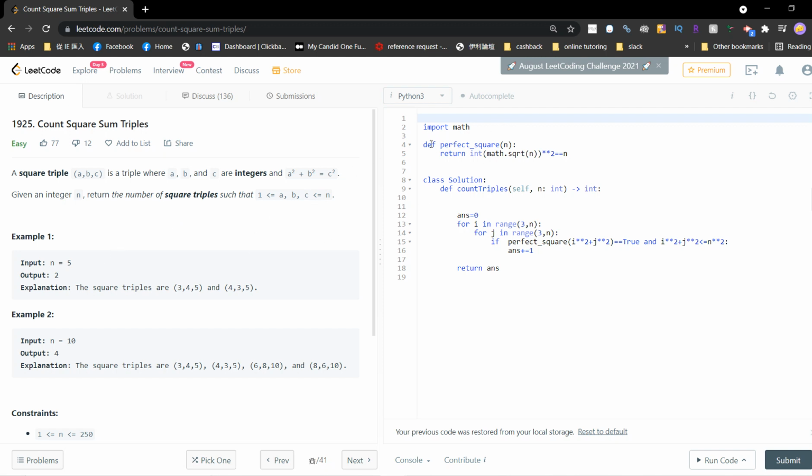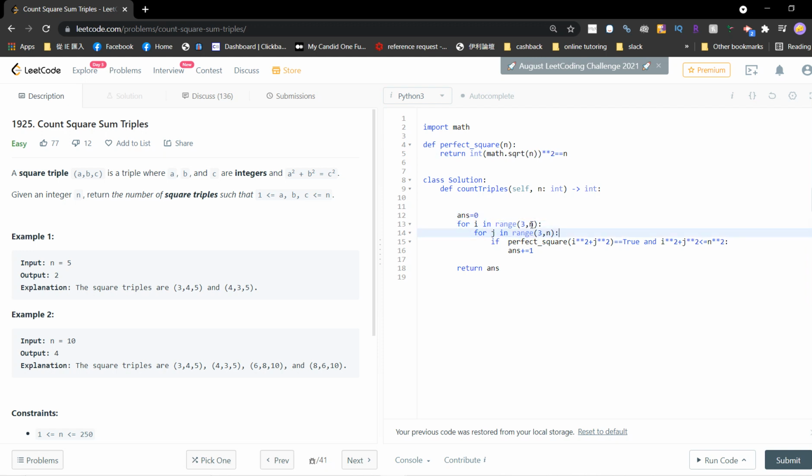So what I did is that I just wrote down a so-called perfect square helper function to check whether a number is a perfect square. So let's say if n is 16, then it should return true, right? Basically it just takes the square root, squares it, and checks whether it's the same as the integer. Okay, so once we have this perfect square,